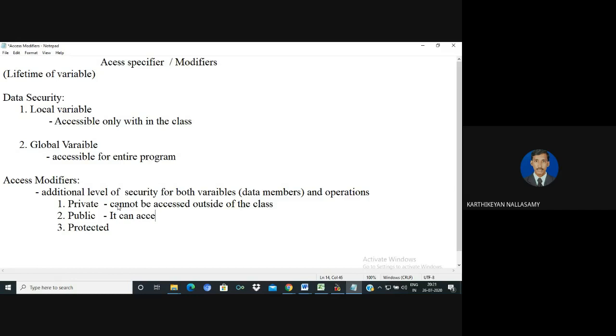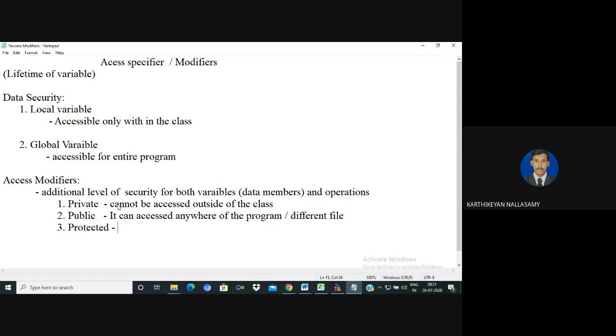Public can be accessed anywhere, like a global. So anywhere in a program, or any file, in different files also, it is possible to access.